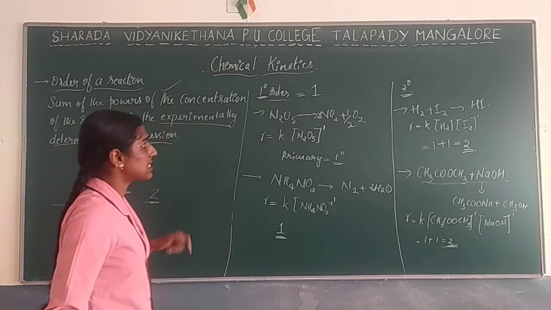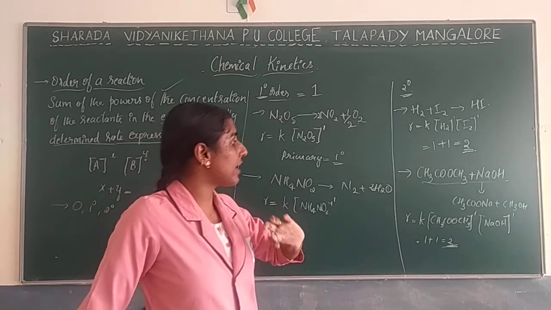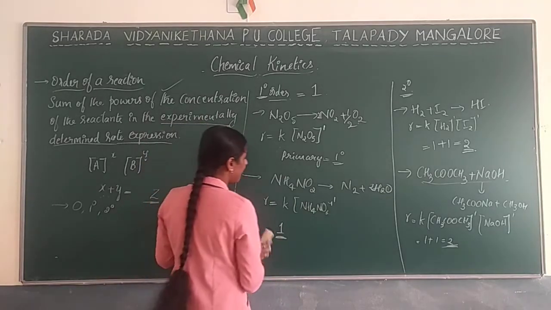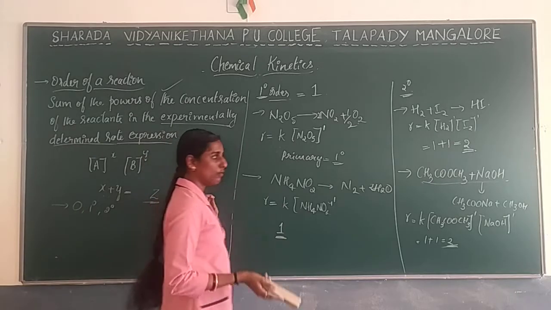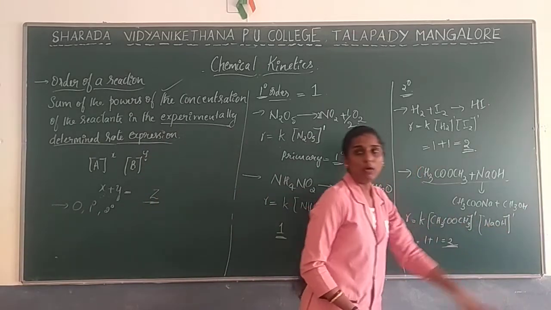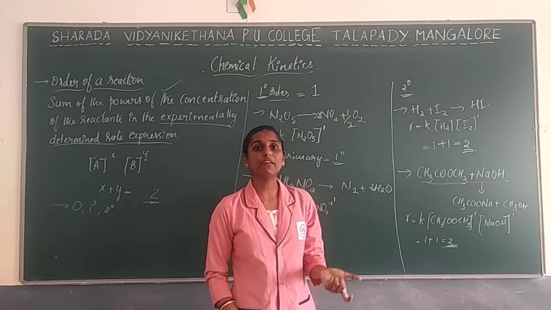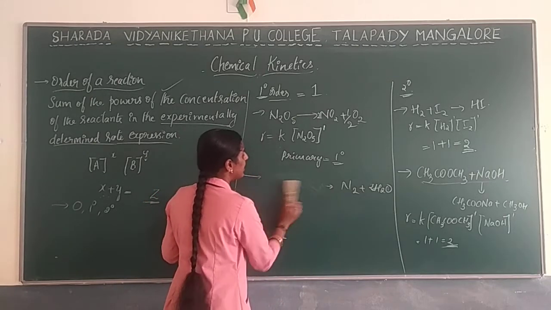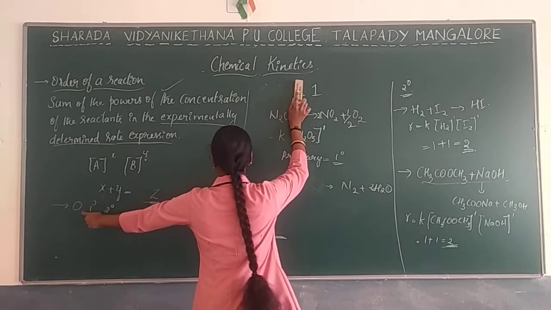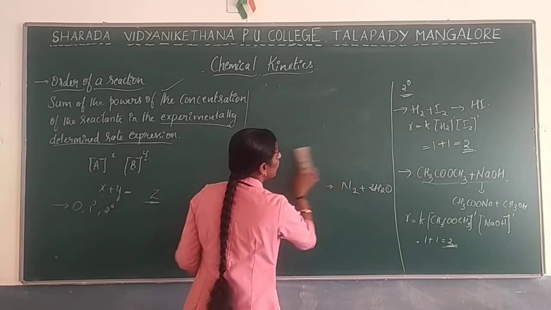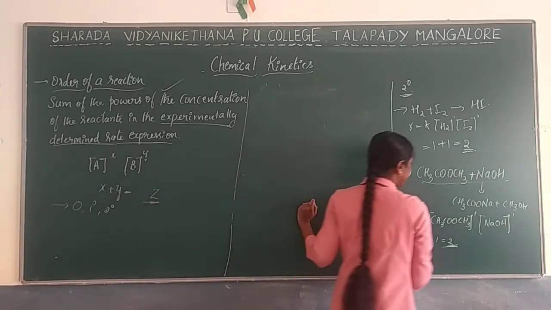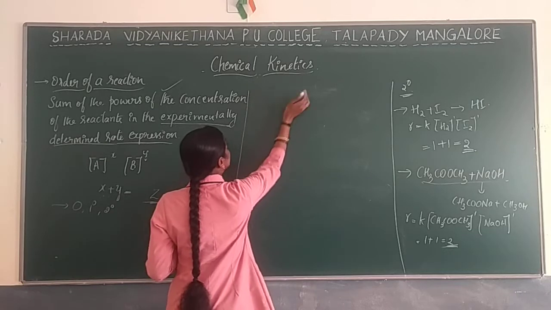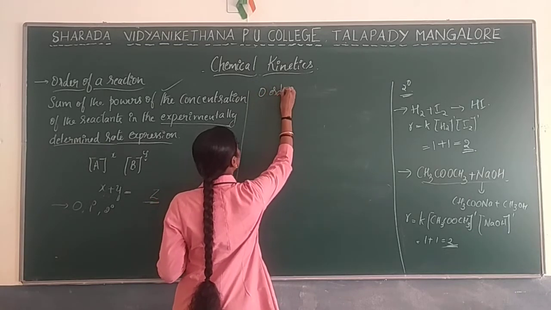As I told, these are some examples. Secondary order, in the sense of formation, saponification, esterification, all those will undergo secondary order of a reaction. In the same way, the order of reaction is just the addition of the powers. If you get the value as 3, then that is tertiary order of the reaction. Not only this, as I told, there is also zero order of reaction, very important for you people. If you are writing zero order, just copy these examples. We just go with the zero order.